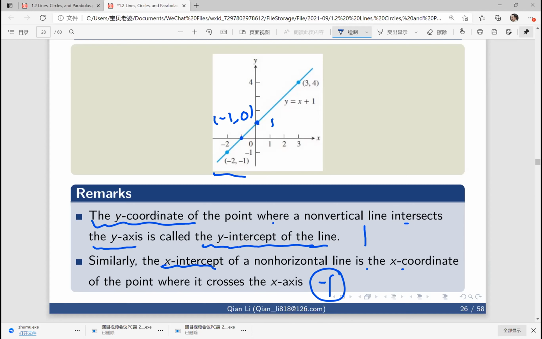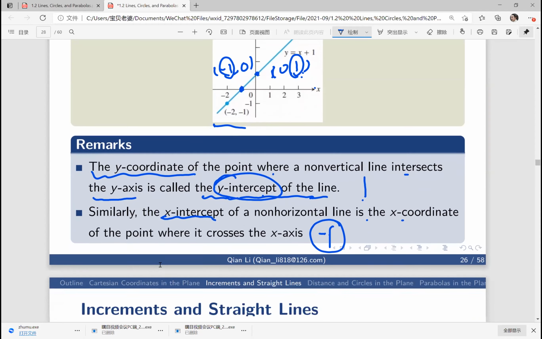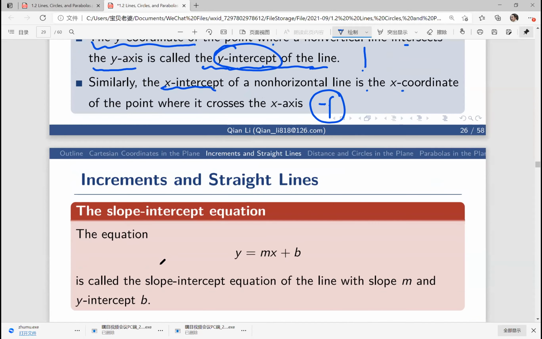The x-intercept means the line intersects with the x-axis at this point, and the x-coordinate will be the x-intercept. And the y-intercept of the line means this line intersects with the y-axis at this point, and the y-coordinate of this point will be the y-intercept of this line. Okay, this is the definition of the x- and y-intercept. Then let's study